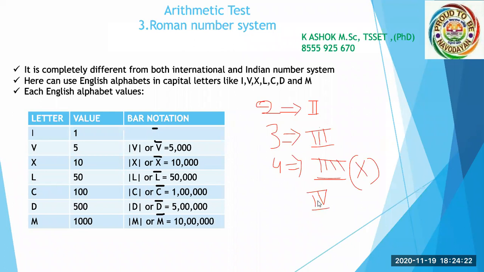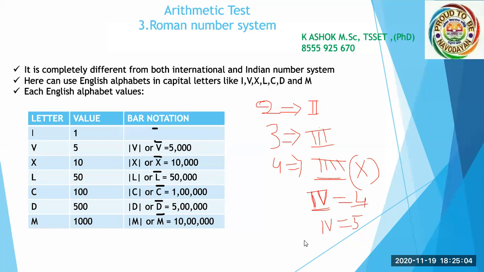Okay. So how are we writing this? Because the 5 is very nearest to the 4, that's why we are writing one element here, 1, and again we write 5. Of course it is the nearest element, that's why it is the 4. It is very nearest to 5. Of course this one will be the 5. So we are putting 1 to the left side. It will give some kind of negation and it brings the 4. Okay, so this is the way we can use the Roman numbers and work with them.